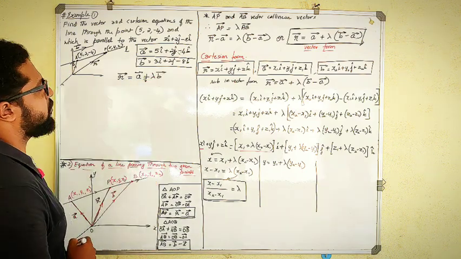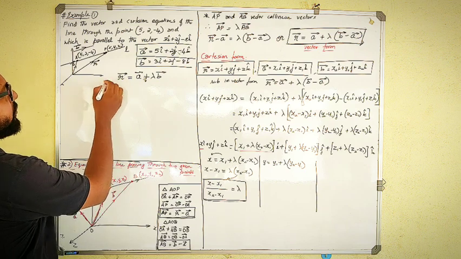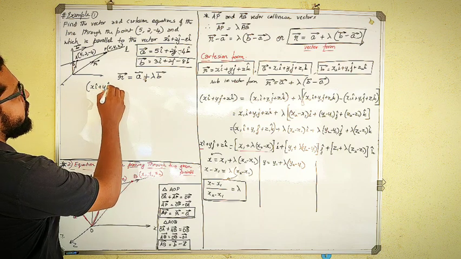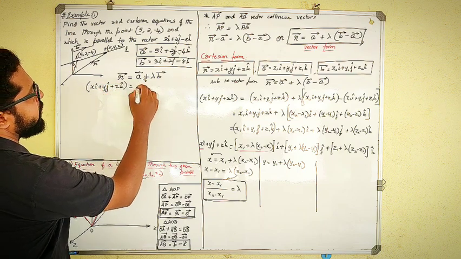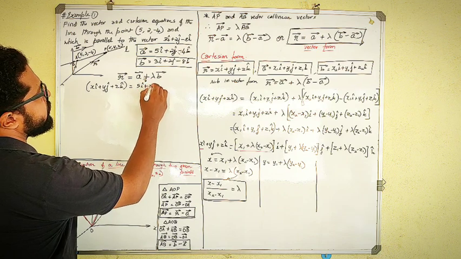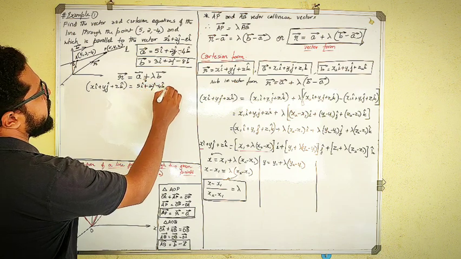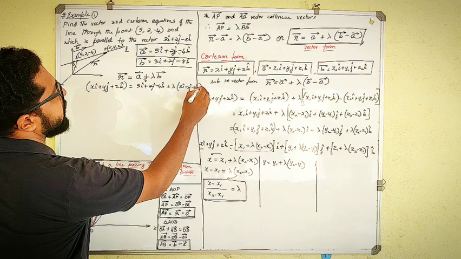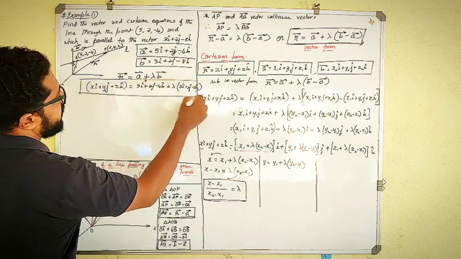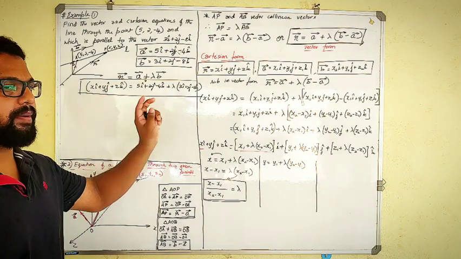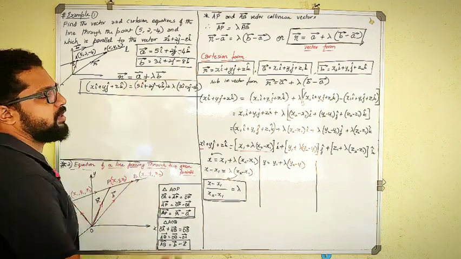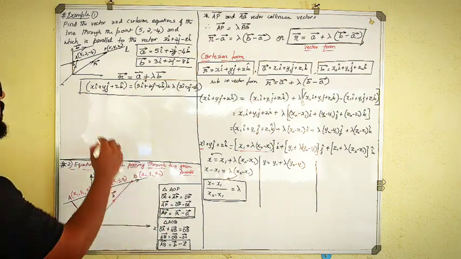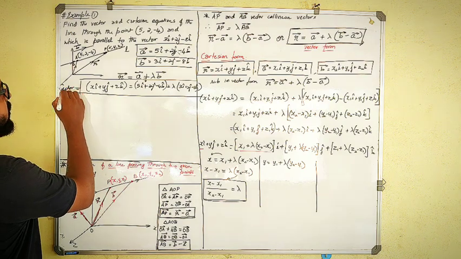Correct? This was the vector form of equation, and just substitute their corresponding values. R components are simply xi cap plus yj cap plus zk cap, which is equal to 5i cap plus 2j cap minus 4k cap plus lambda into (3i cap plus 2j cap minus 8k cap), and that's it. Lambda you will keep as it is. It need not be found out. Just substituting the values and keeping it as it is is nothing but the vector form. First part of the question is done over here.